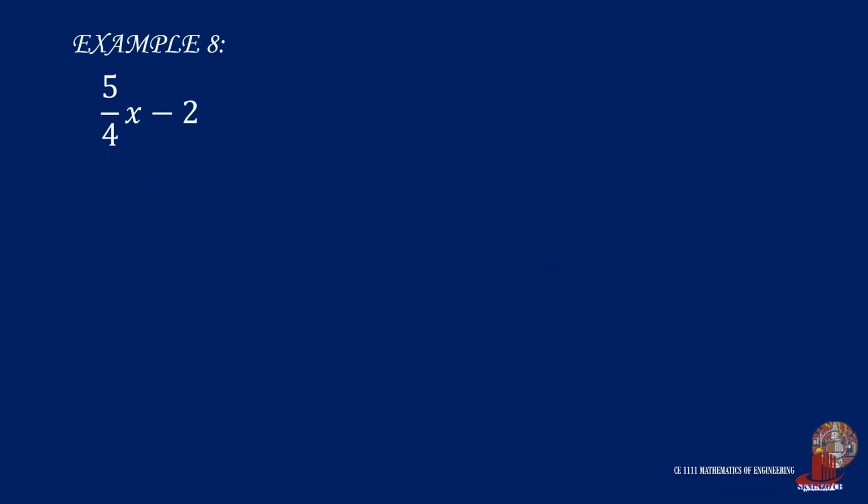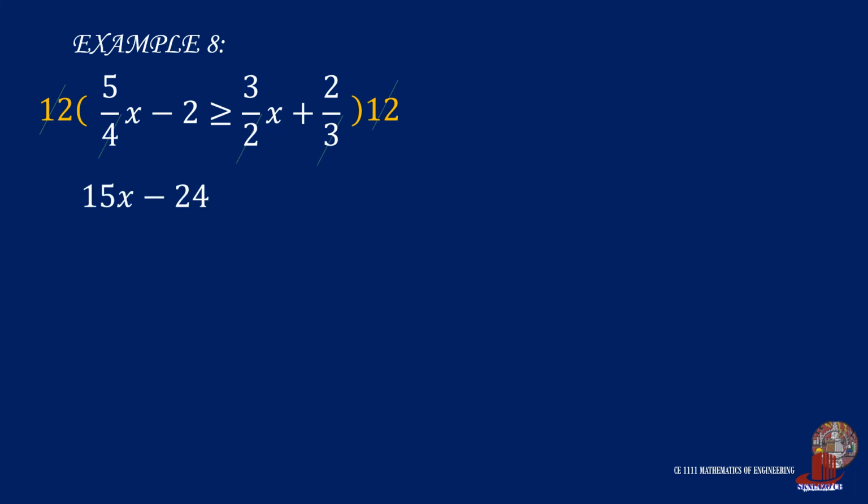A longer fractional inequality is showcased in this example of 5/4 x less 2 is greater than or equal to 3/2 x plus 2/3. The first thing in simplification is to take out the denominator, and that is by multiplying everything with the common denominator, which is 12, thus resulting to 15x less 24 is greater than or equal to